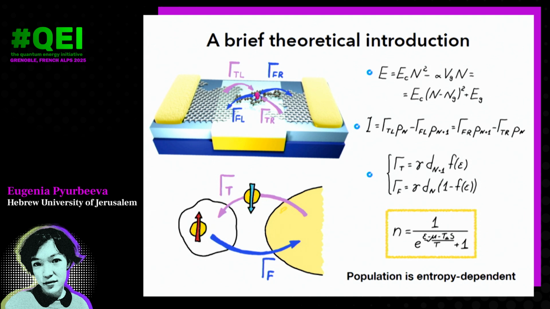Now if we look at what these rates are, they have the gamma t and gamma f, to and from. There is a small gamma which corresponds to the geometric coupling factor, essentially how far they have to tunnel. There is the filling factor in the electron bath, which is how many electrons there are to tunnel in, if we are talking about tunneling in, or the number of available spaces to tunnel out if we're talking about tunneling out. And then there are these coefficients, which I call dn plus 1 and dn, which, if you think about them intuitively,